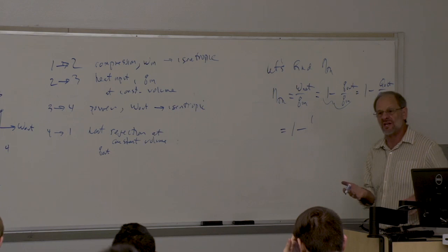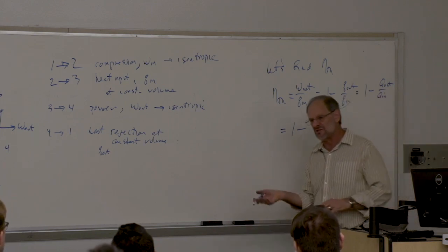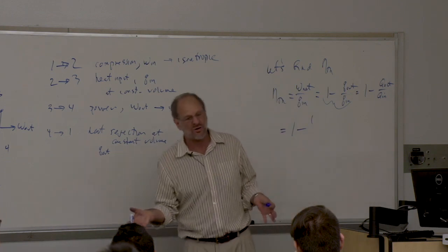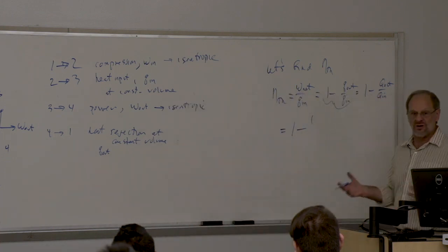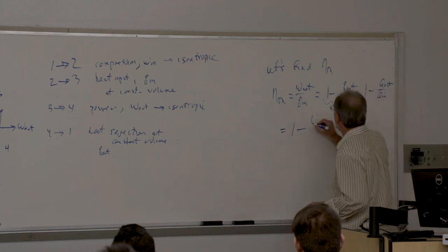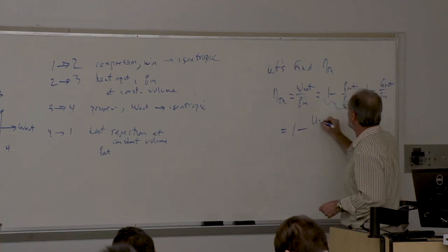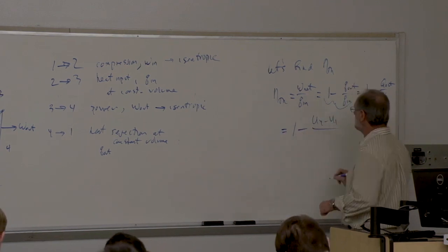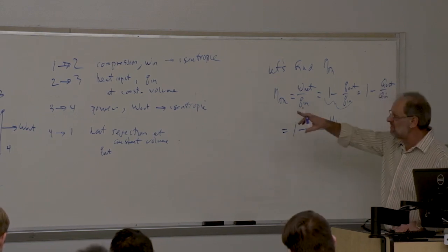We know that the equation says heat transfer minus work equals change in internal energy plus change in potential and kinetic energy, but there is no kinetic or potential energy change, and there's no work during these processes of heat transfer because it's constant volume, so we simply get the difference of internal energy between point 4 and point 1. So U4 minus U1 is in the numerator, and then in the denominator is the heat input as we go